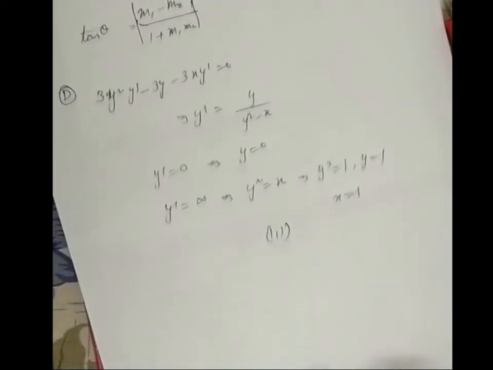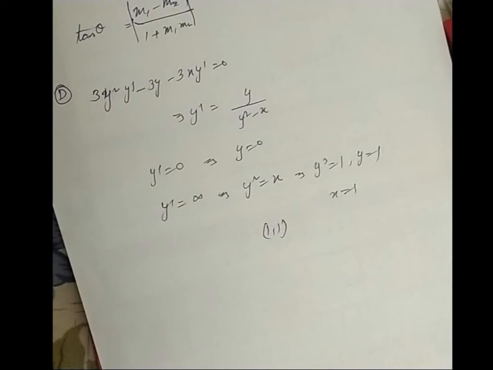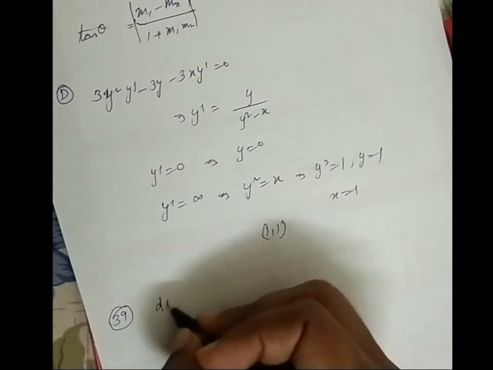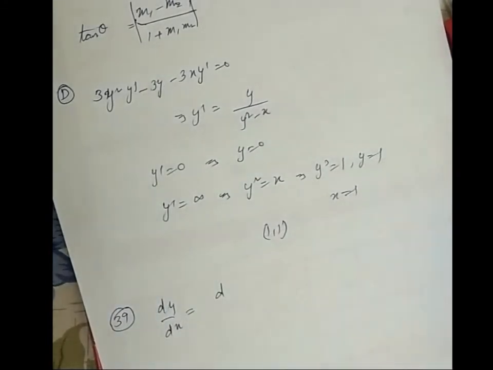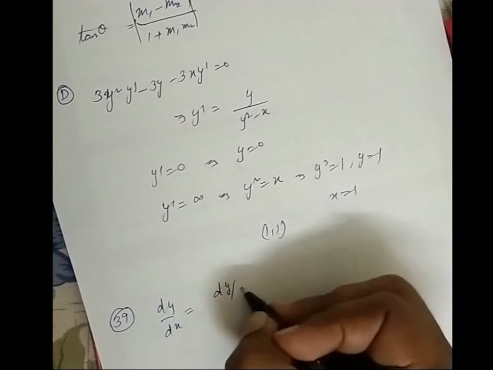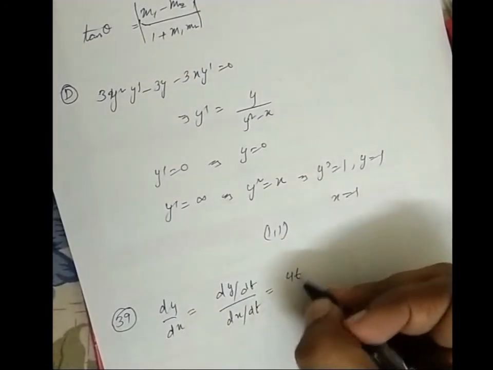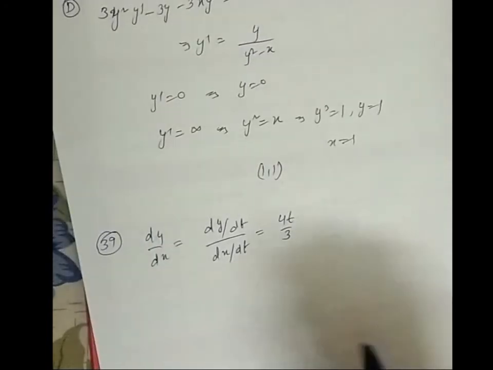Okay, moving on to the next question, question number 39. If the portion of tangent at any point on the curve between the axes is divided by the abscissa of the point of contact in the ratio m externally, then n plus m is equal to. So for this, first we calculate dy by dx as dy by dt upon dx by dt, which is equal to 4t by 3. So the equation of tangent would be